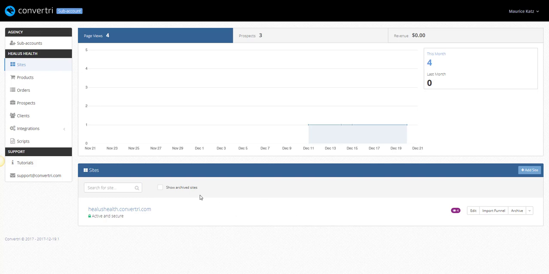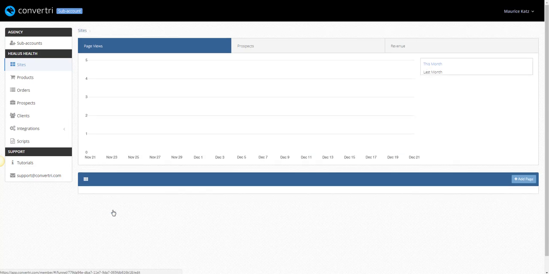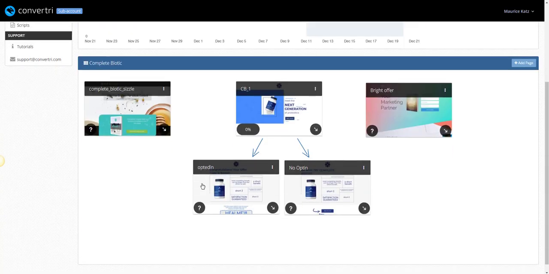Alright, so when you log into the back office of Convertri here, you should see a little dashboard, and then you will see your sites. The only site that we have in this sub account is healishealth.convertri, so we can click on the name of the funnel that we have in it. This isn't a fully set up funnel yet. This is basically here as we're using this as a development environment where I'm going to be dropping the designs